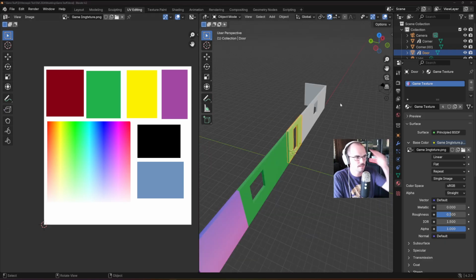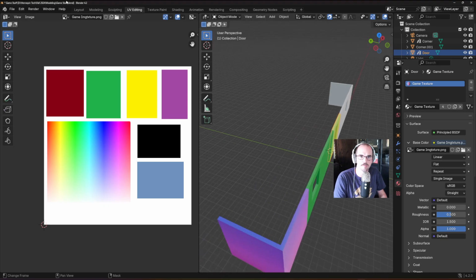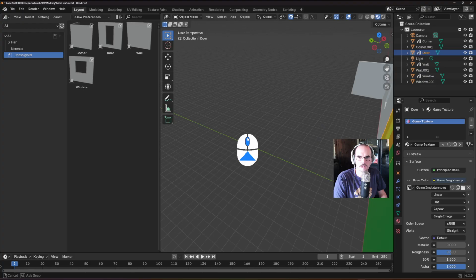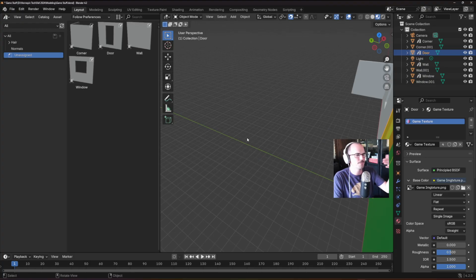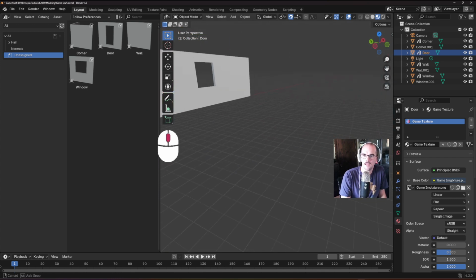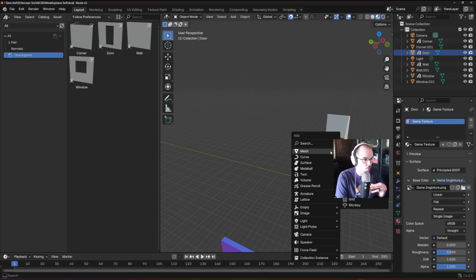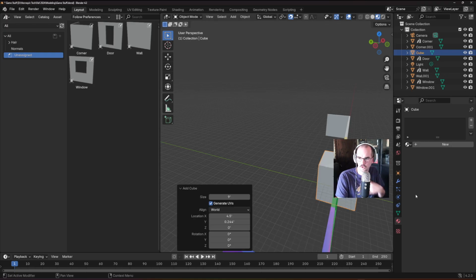Okay, so let's take this example to the next level a little bit. So let me go back to layout here. Lots of fantasy and adventure games have potions. Let's make a potion that we can drink real quick. So the first step is to model it. Again, part of your goal in this game asset assignment is to model with an extremely low number of polygons. So I'm going to use the cube like this,